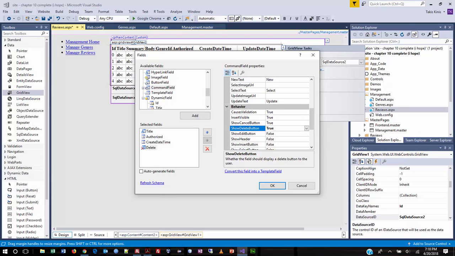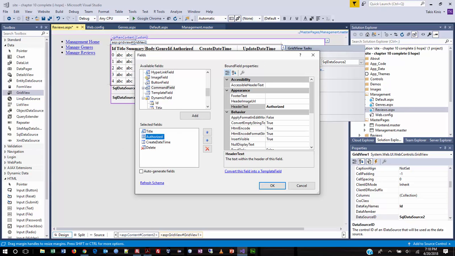All right, step number 6, next page. So we're on 476. Click the authorized column in the selected fields, and then click the blue convert this field into a template field link. And you see that that's right down here at the bottom. The authorized came from the section up here at the top, bound field. All right, so I'm going to go ahead and click that,